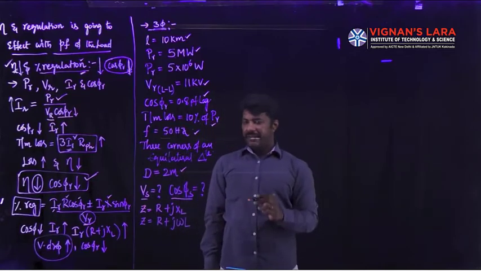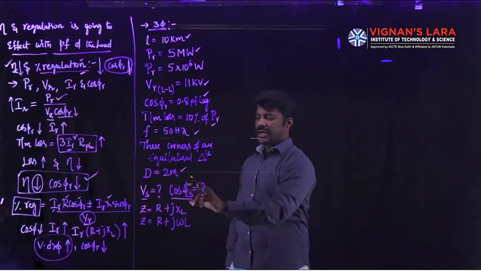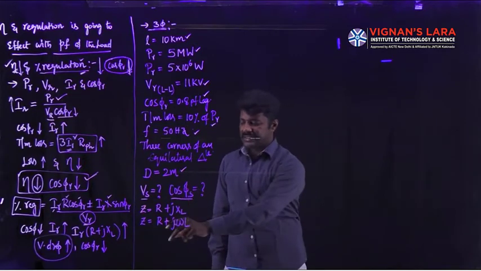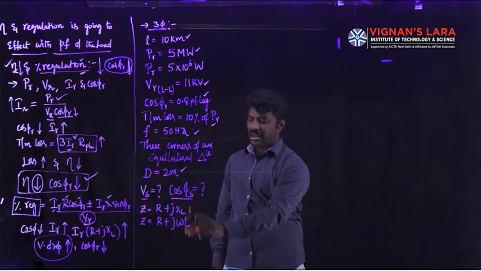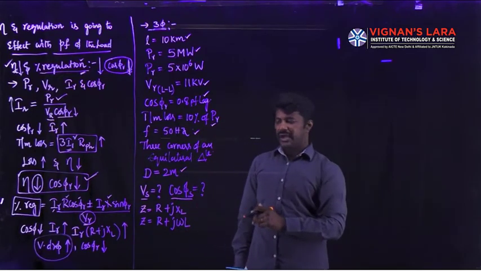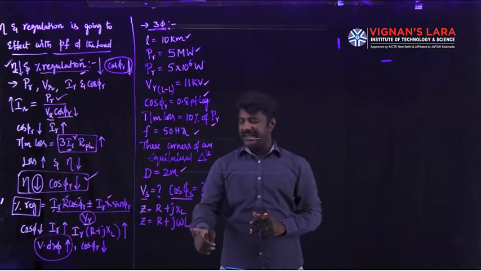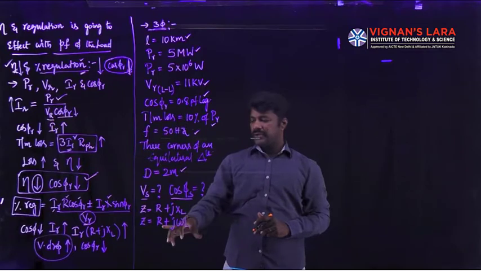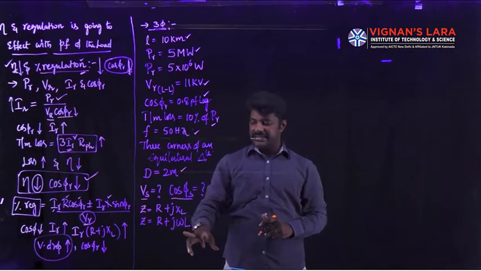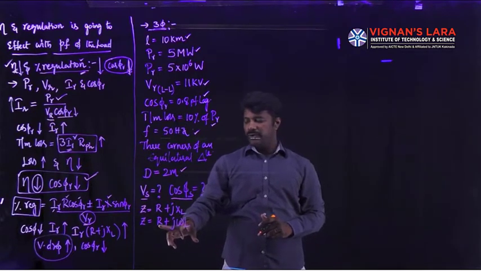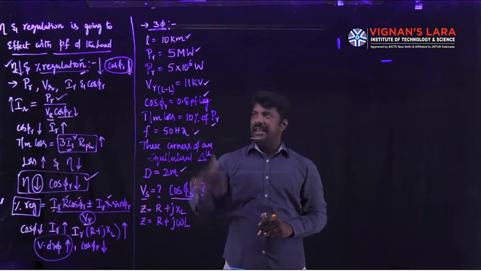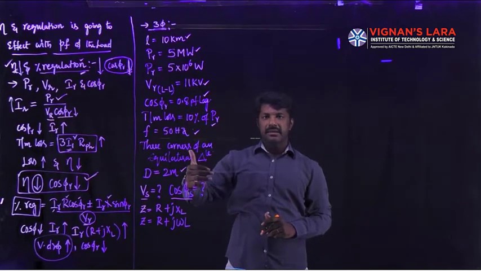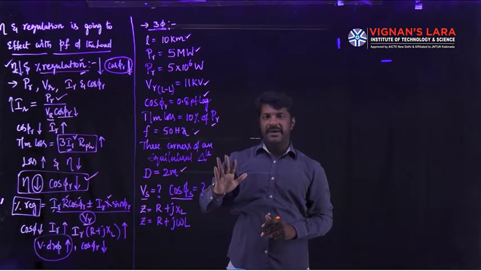So, to find any magnitudes, either the sending end voltage or sending end power factor, one should know the transmission line constants. They are the resistance R and inductance L of this transmission line. Then what are the formulas for finding this resistance and inductance? Because they have not given the magnitudes directly in the problem, first of all we have to calculate this resistance and inductance. Before that, let me change all the given data to our required format, meters or watts, per phase values.